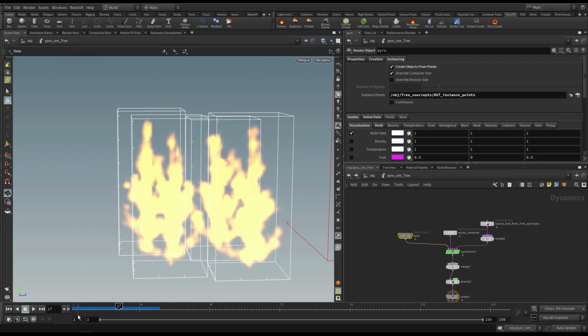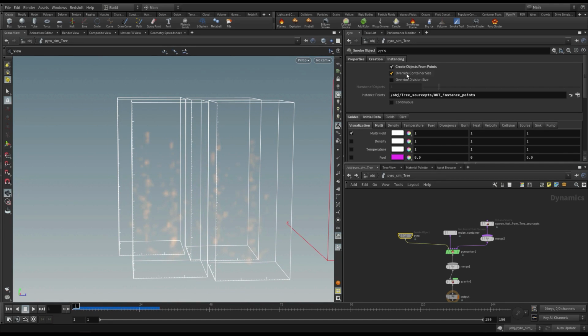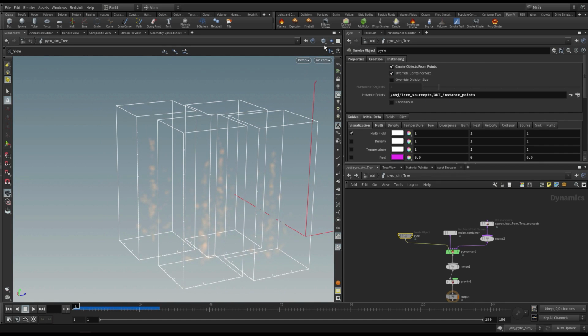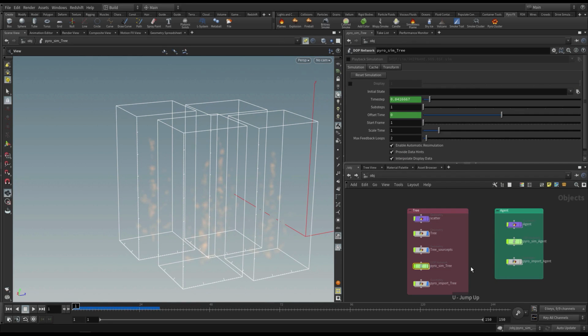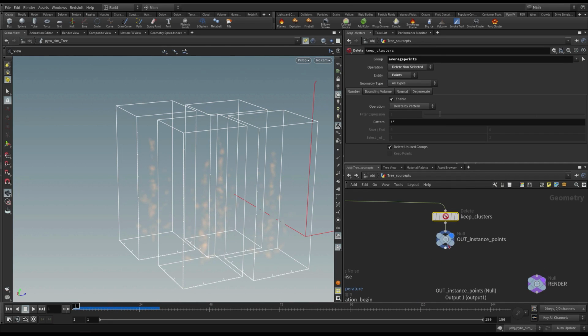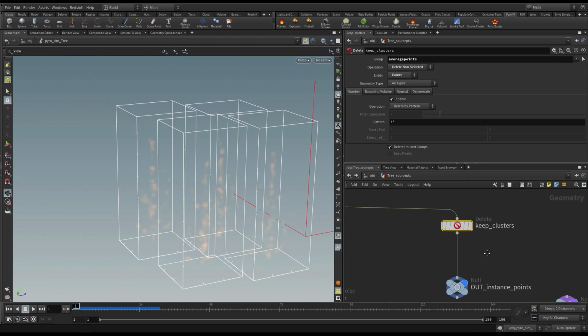Now we can actually customize the size of these boxes. If you hold your cursor over this where it says override container size, you'll see it says there's a scale attribute which you put on the points to adjust the scale of these guys. So let's preview that. I'm going to actually lock the view up here. If I click on the pin, it's going to stay in the network here. And if I jump out and into the source points here, it's these source points that we want to add our